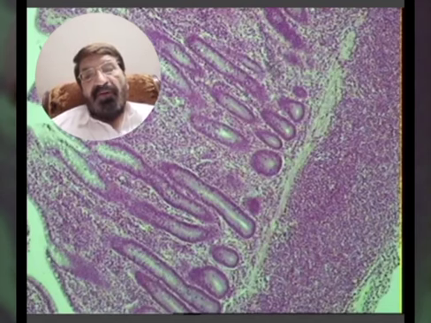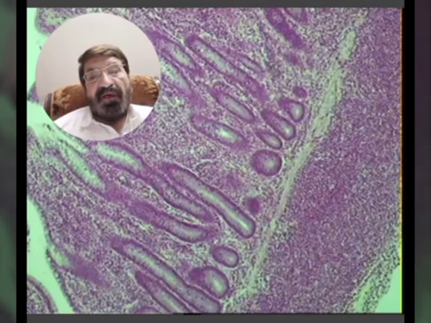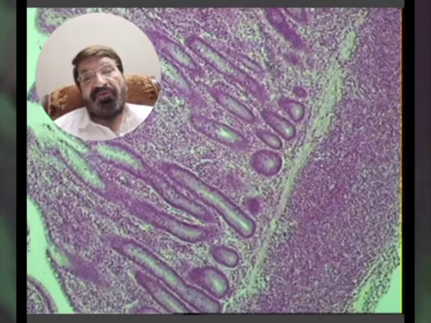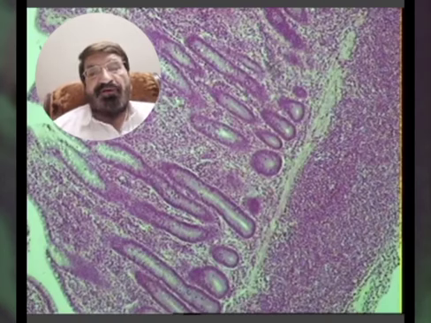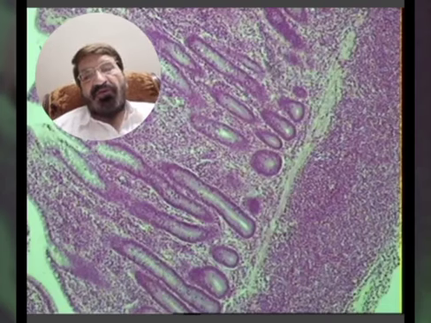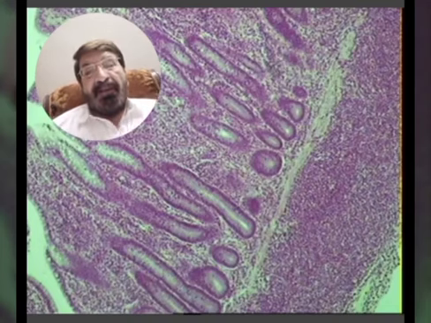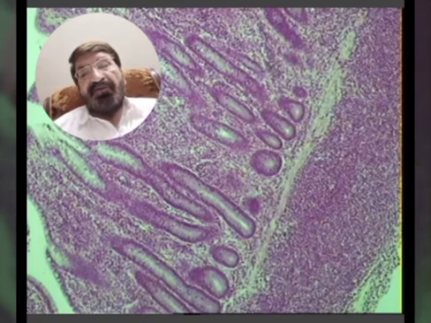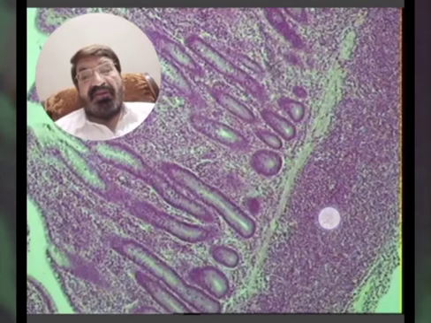And the ileum is the third part of the small intestine. A very important feature in the microscopic picture of the ileum is the presence of this Peyer's patch. Peyer's patch is the collection of lymphocytes. These lymphatic nodules, 70 to 80 in number, unite together and fuse to give rise to a big patch of lymphocytes. And these lymphocytes penetrate the muscularis mucosae and enter into the lamina propria also. So the lymphocytes are present in the lamina propria.